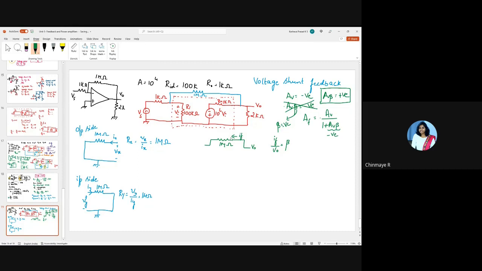Now if you see, IF is in this direction, correct? IF is in this direction actually, because you're giving the voltage V naught here and you're trying to find out what is the current IF due to it. But now look at this. So due to this voltage Vs, you will have some current Is, correct? This current Is should actually be equal to IF plus II, correct? So now look at the directions of this IF and this IF. Are they opposite? Or are they in the same direction?